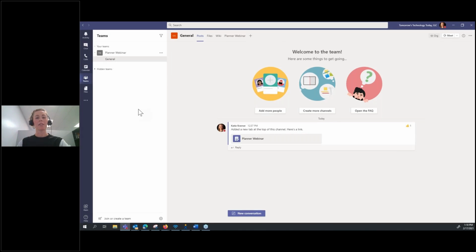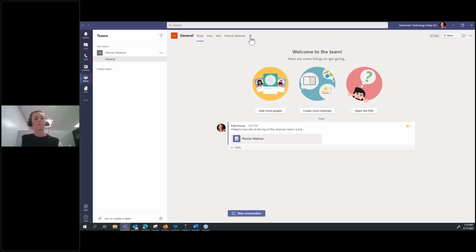For anyone who hasn't used Microsoft Teams, Teams is a tool that you can use to collaborate with maybe the department that you're in or a certain project team. You can go in and join or create a team. You can create several different plans and assign them to a certain team within Microsoft Teams, and then just go up to the top and click on the little plus sign, and if you type in planner,